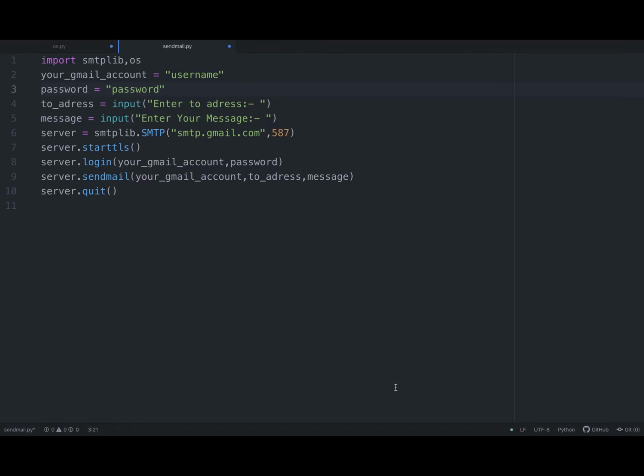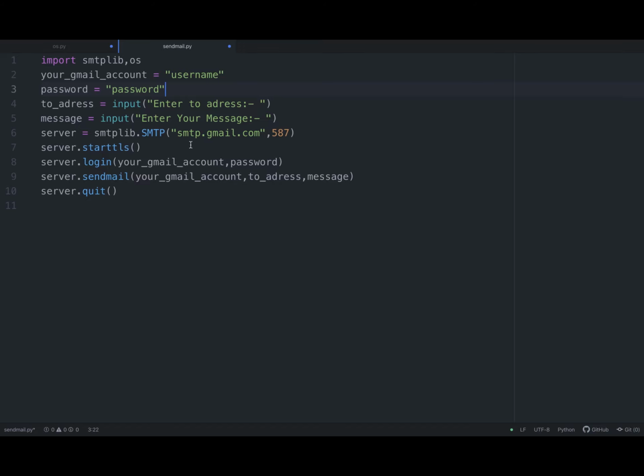If you don't know why we use environmental variables, I'll walk you through a quick example. If you wrote some Bash or Python script like this for sending an email, or the script can be anything, and it needs some sensitive information like your username and password, or it could be an API, or it could be anything else. If you are working with a group of people or you want to keep that script in your GitHub repository or somewhere else, then anyone who can view this script can have access to those sensitive credentials. So by using environmental variables, we can store those values on our local computer and access them from our script whenever we want to run that script from our local machine.